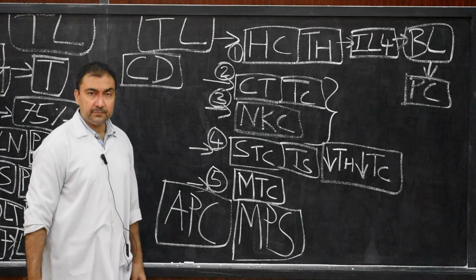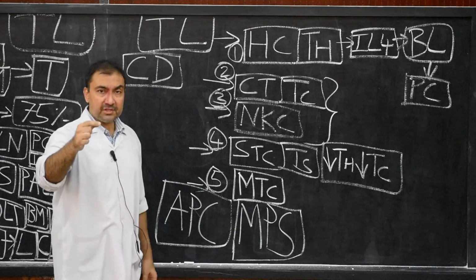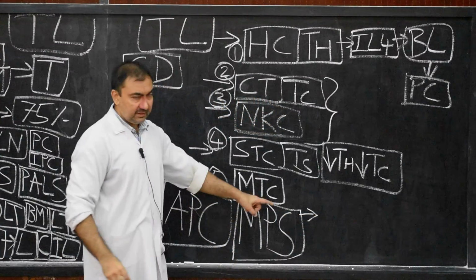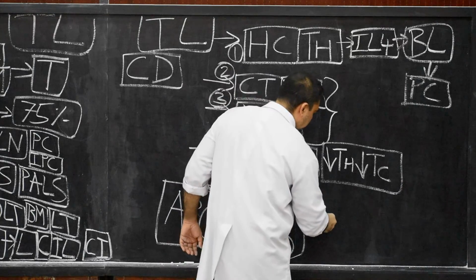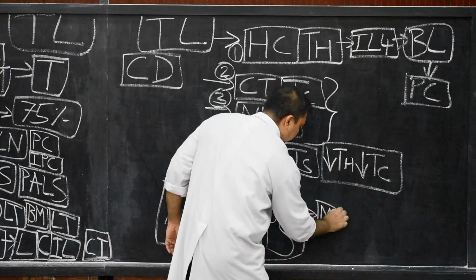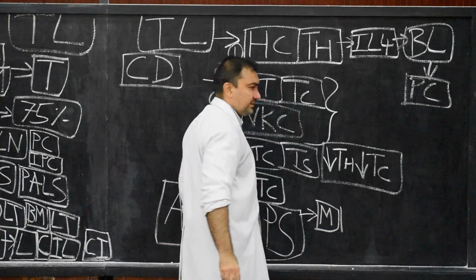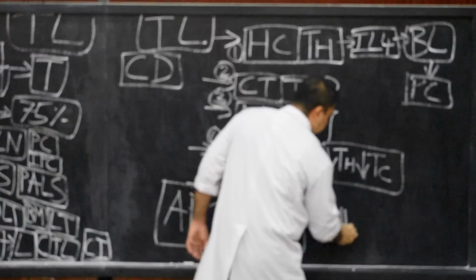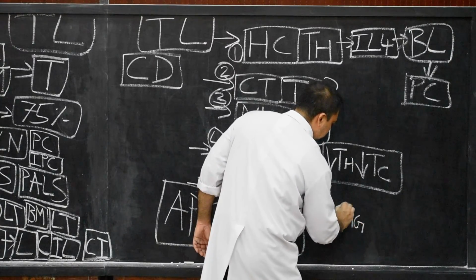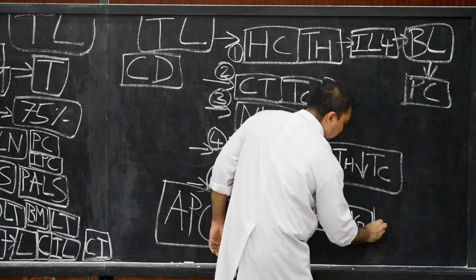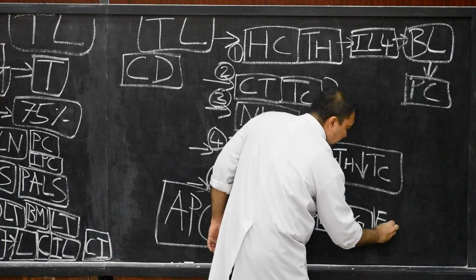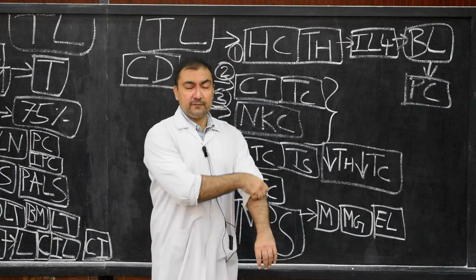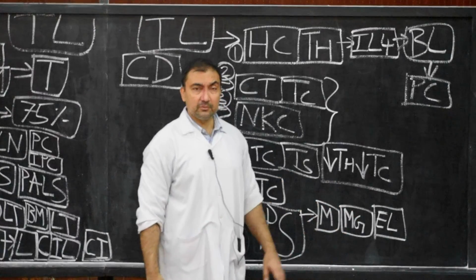So give examples of antigen presenting cells in the human body, a 1 mark question answer or MCQs. Please note down very carefully, they are the macrophages which are circulating in the blood. They are also known as the various microglia, the various types of microglia which are present in the central nervous system. Then they are also known as the epidermal cells of Langerhans. The various epidermal cells of Langerhans which are found in the epidermis of the skin belong to this variety.